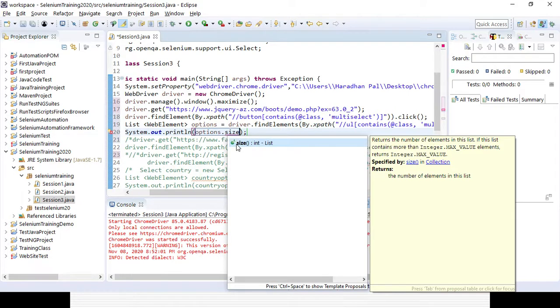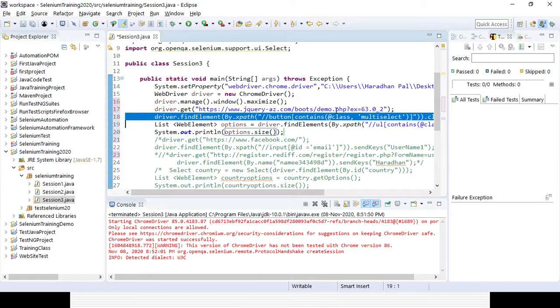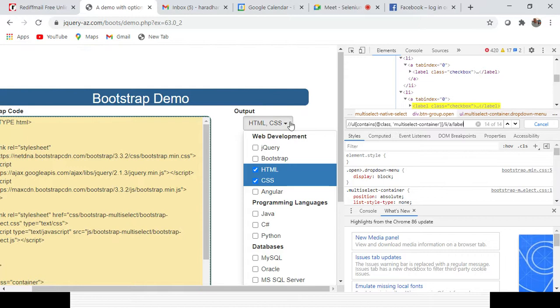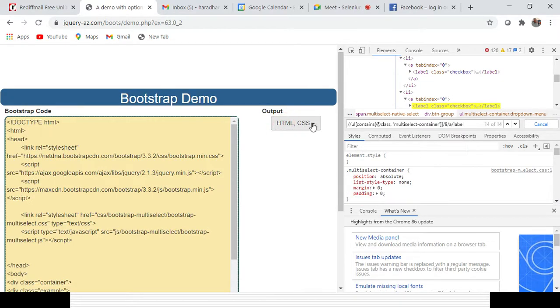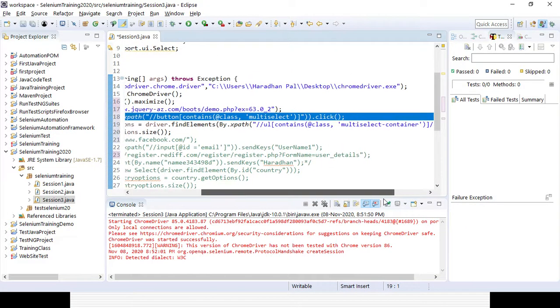So let's run the code and see whether that particular HTML CSS selector is getting clicked or not. Here I have written the code for clicking, so it will first click after opening the page. After that all the options will be visible.